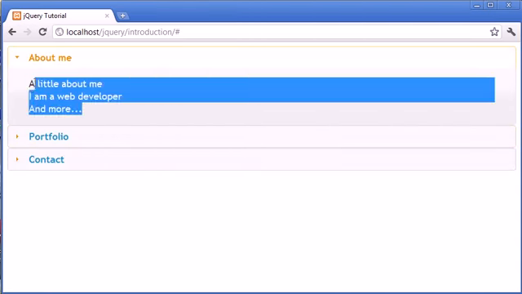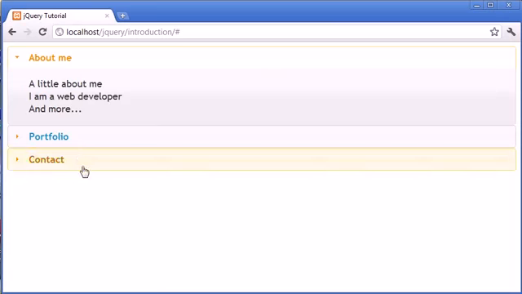So we'll go from the basis that we want all of these to be the same size down the page, and we want to keep a maximum